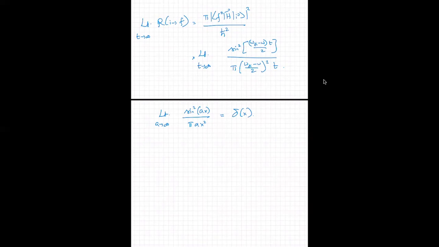The other way to do this is to take the sine square x over x and take the limit x goes to 0. As you keep compressing this waveform, you get an infinite peak at x equals 0. This is another way you can realize the delta function. You can think of it as the limit a goes to infinity of the function sine square ax over pi a x square. This is a perfectly well-behaved analytic function, which in the limit a goes to infinity gives you